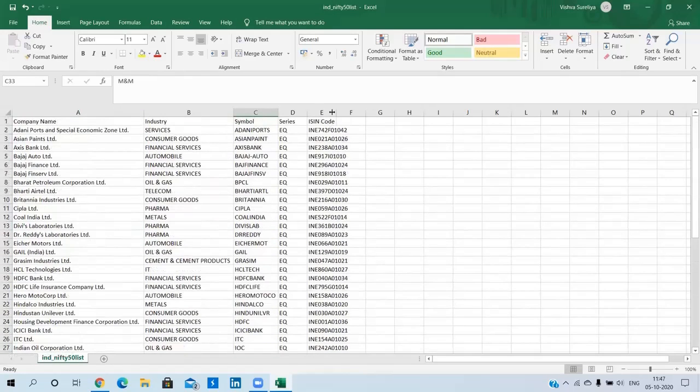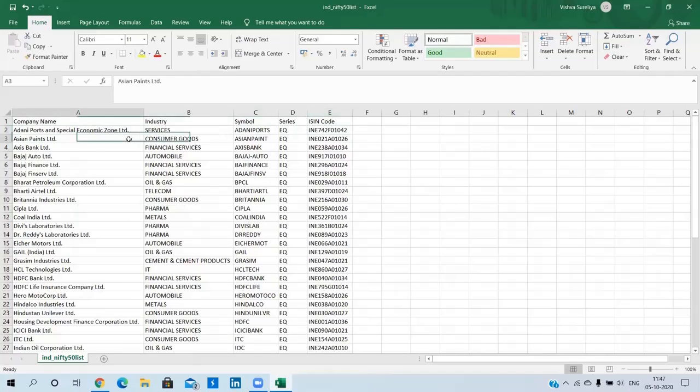Then comes the ISIN code. So every firm that is registered, be it a parent company or a subsidiary, has a different ISIN code, right? So now you guys are aware that firms like Reliance, TCS, HDFC Bank, then Axis Bank, Asian Paints, Cipla, Tech Mahindra or Tata Motors, these are the firms that are listed on the NSE, or we can say are basically in Nifty 50, right?